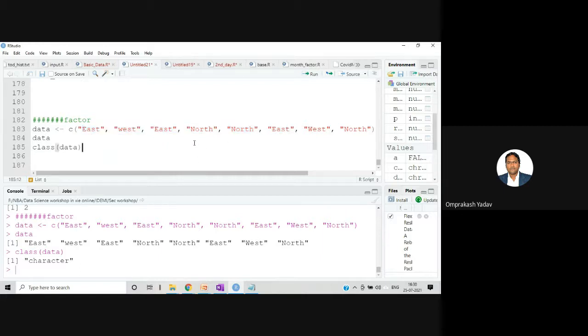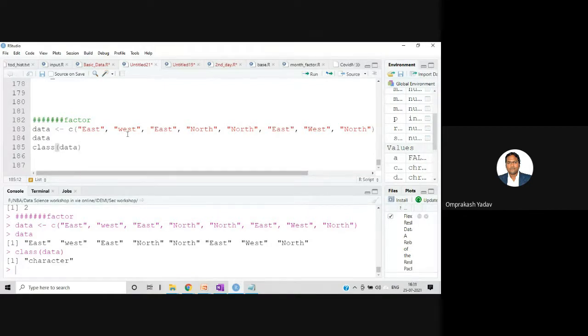Now we can clearly see from the data that it's not like different kinds of data are there. There are three different levels we can see. First, there is east, then second is west, and then there is north. So we can see clearly there are three classes in this particular data, right?